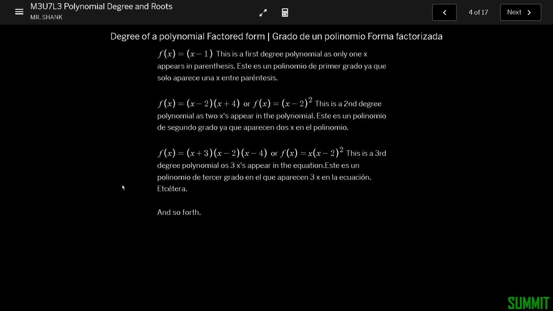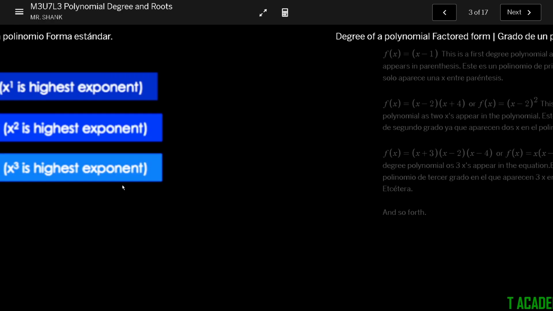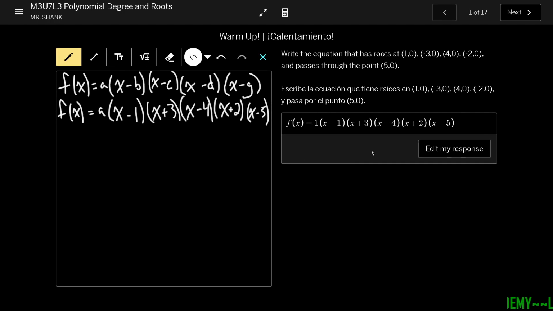However, when it's in factored form, another example of a factored form equation is this equation right here. Notice how it's factored out because I don't have any exponents anywhere. I just have multiple sets of parentheses, but for this example that we did in the warm-up, I would also want to label, hey, this is degree